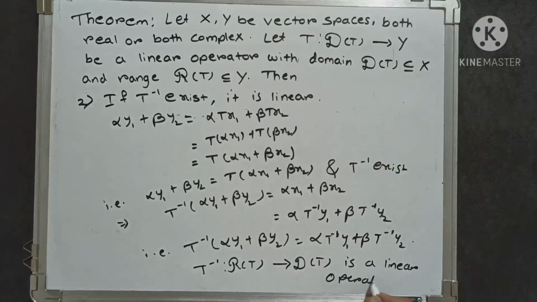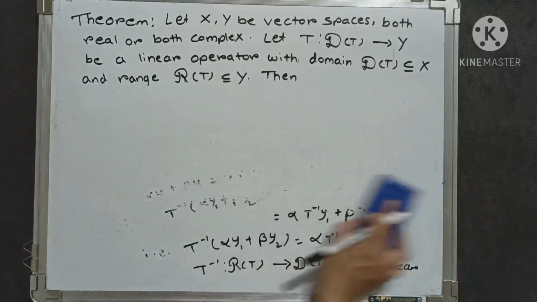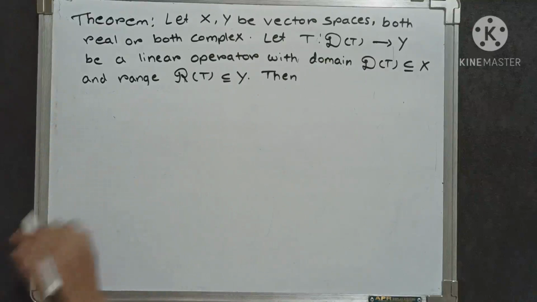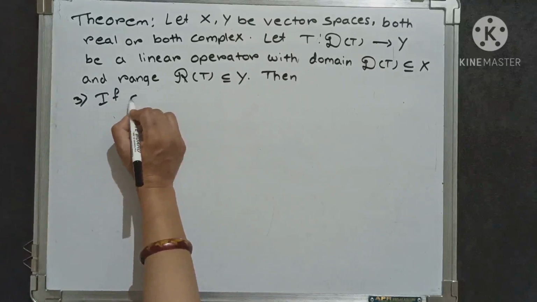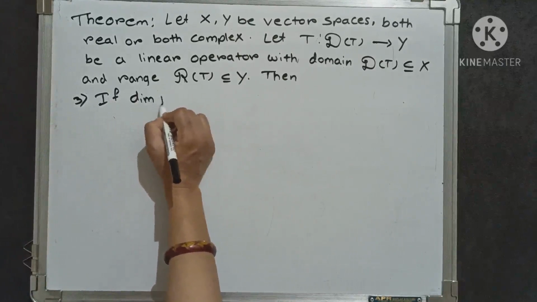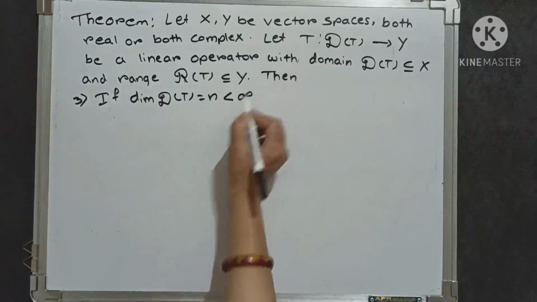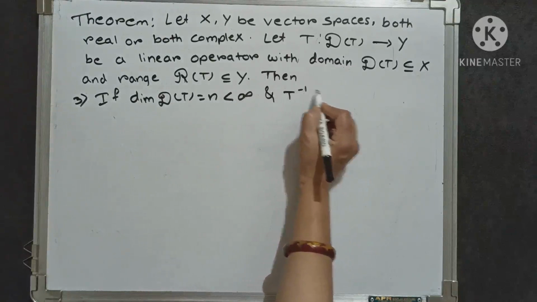is a linear operator. In this way, we prove the second statement of this theorem. Now we have to prove the third statement. The third statement of the theorem is that if dimension of script D of T equals n, which is strictly less than infinity, and T inverse exists,